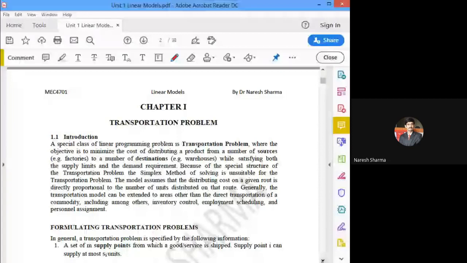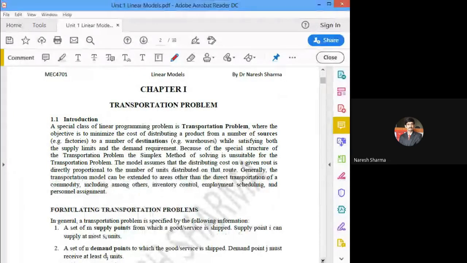What is your transportation problem? It is a particularly special case of linear programming problem. You have studied it in your lower standard linear programming problem. So in these kinds of problems, we want to transport some products from one place to another place. If we have more than one option of warehouses, or you say destinations, or more than one option of sources, or you say factories, so we have different cost from one factory to other warehouse.